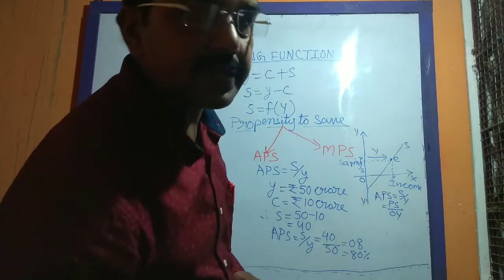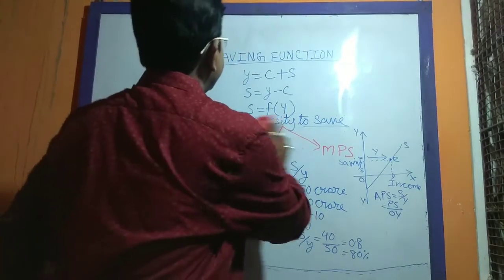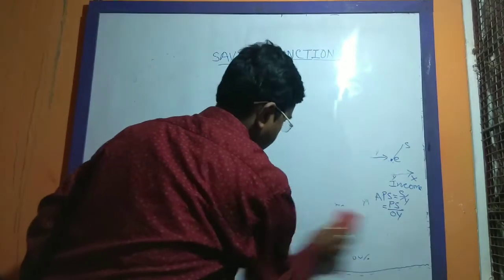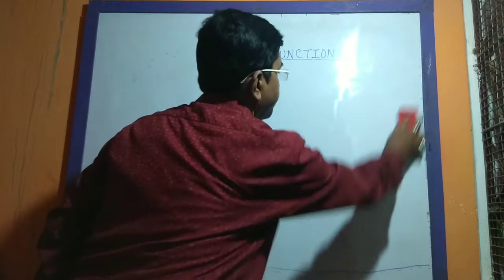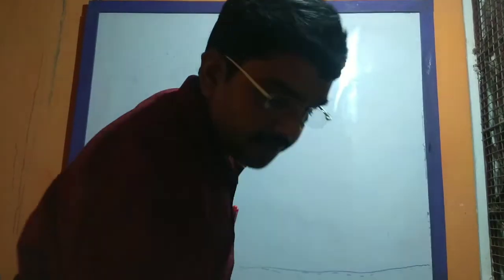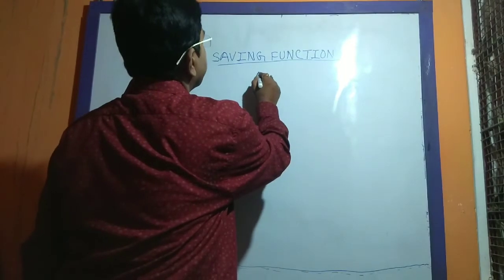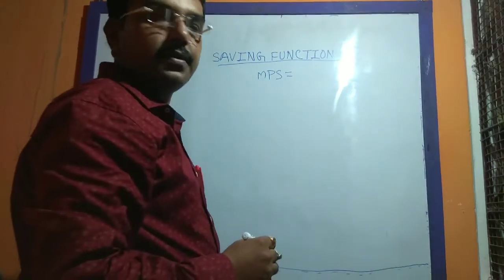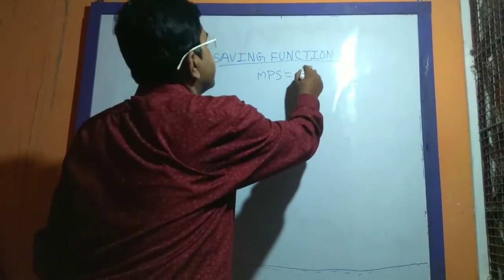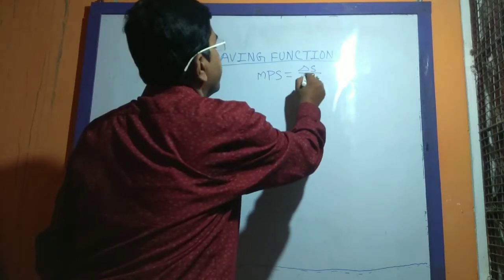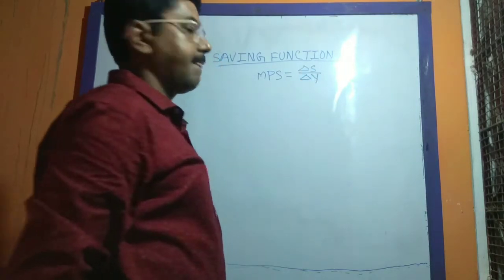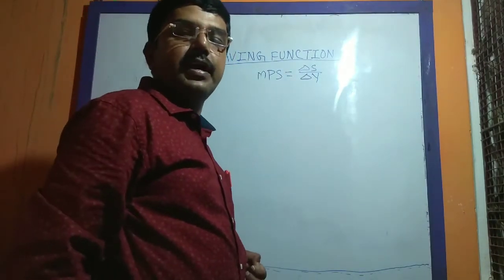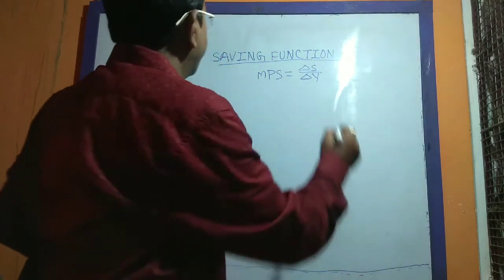Now the second part is marginal propensity to save, MPS. Marginal propensity to save shows the ratio of change in saving due to change in income. We can make it more clear with the help of a schedule and diagram. For example,